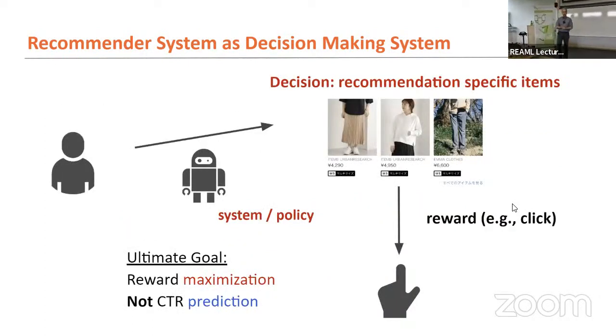So here's a very tangible example. You come to an e-commerce site, and then the system takes the action, maybe you type in a query, takes the action of showing these 3 items to you. And then what the system can measure is how you react to this action, right? Do you click on anything here, or purchase anything, or look at something for a long time, or whatever your metric is. So you have some request coming to the system making a set of recommendations. That's the action, and then you observe a reward, a click.